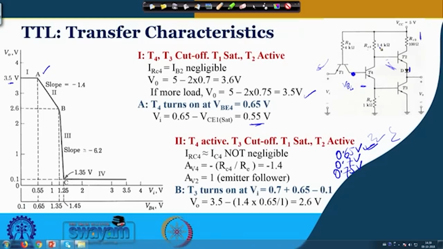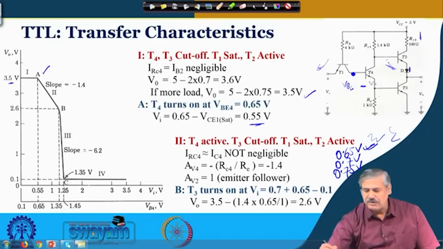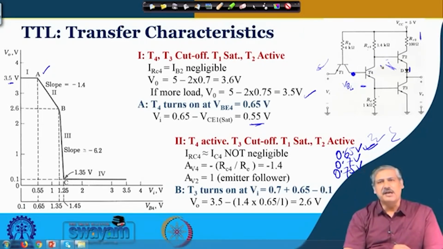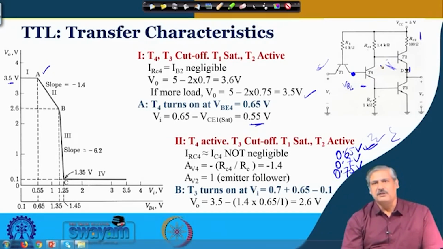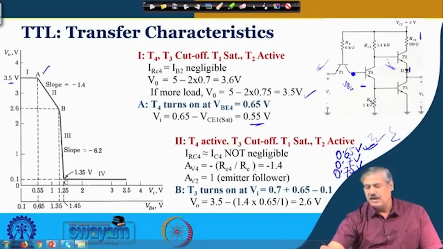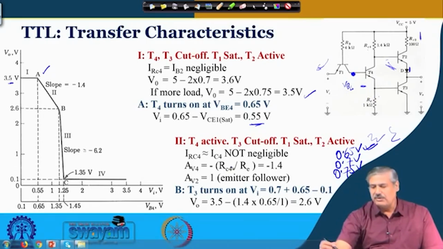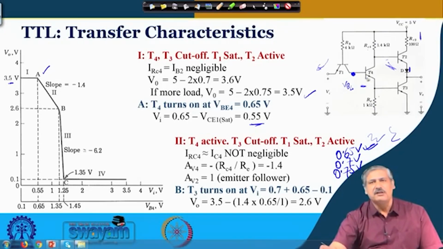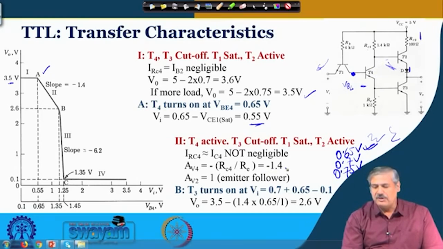Okay. So, at that time, if you look at the voltage gain across this T4. From our basic transistor amplifier principle, the gain is minus RC4 by RE. That is the gain that we shall see in a configuration like this, right. And the gain that we can calculate, this is 1.4 kilo ohm and this is 1 kilo ohm, right. So, as we keep incrementally increasing it, this particular transistor will offer a gain of minus 1.4, which you see